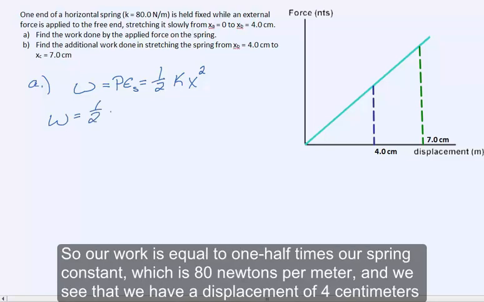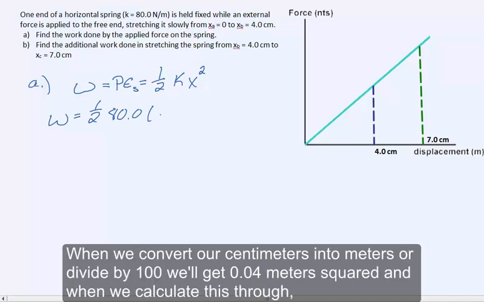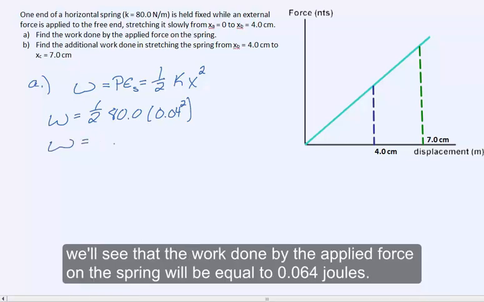So our work is equal to 1/2 times our spring constant, which is 80 newtons per meter, and we see that we have a displacement of 4 centimeters. However, since our spring coefficient is in newtons per meter, we'll have to convert our displacement into meters. When we convert our centimeters into meters, or divide by 100, we'll get 0.04 meters squared. And when we calculate this through, we'll see that the work done by the applied force on the spring will be equal to